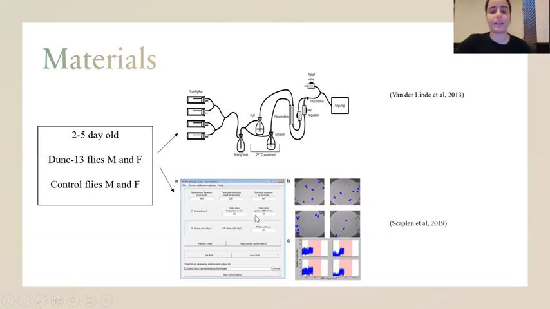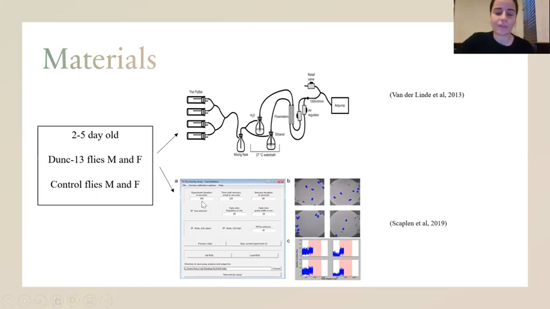And this assay over here is called the fly group activity monitor assay, or FlyGrAM. We first clean the arena here, and then we load the flies, and we make sure that they are first only exposed to water. We let the flies rest for a little bit of time, and then we run the